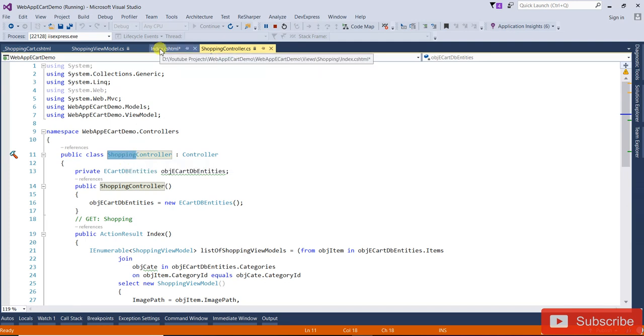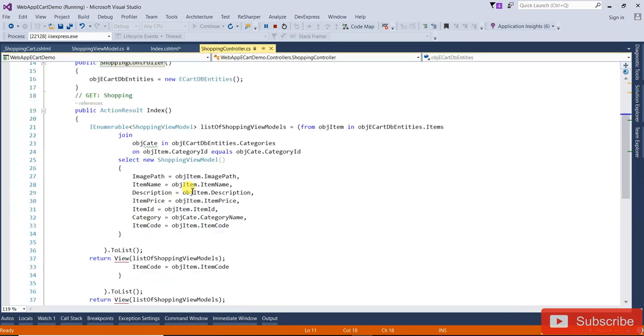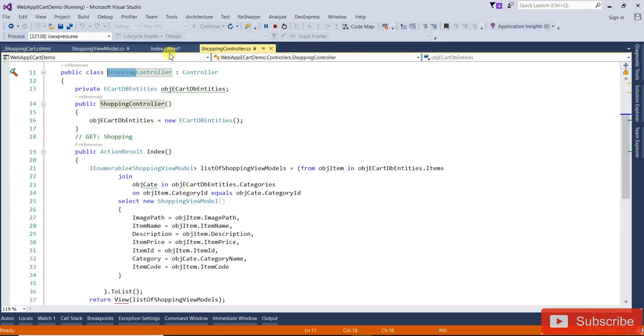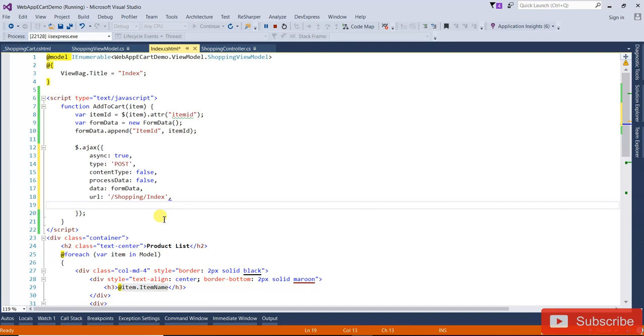Shopping controller. So the first one will be the shopping, and then you need to create one method, for add to cart, or write that index, that will be the post. So make it capital, that index, and here it will be the success, that it will be the function,